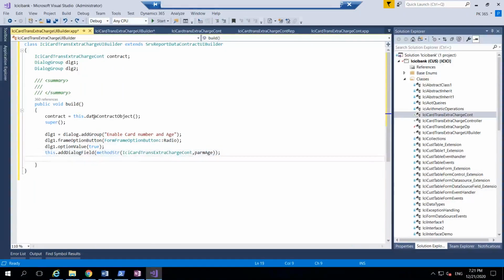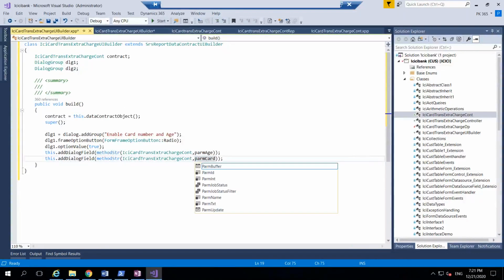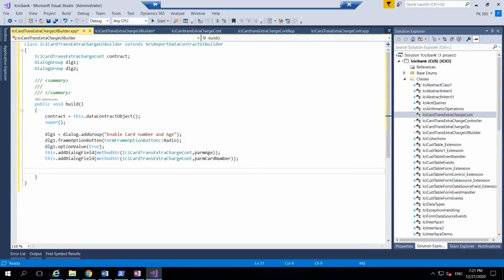Copy paste. And what is the second one? Param card number. Okay, these are the two fields. Similarly, you need to create